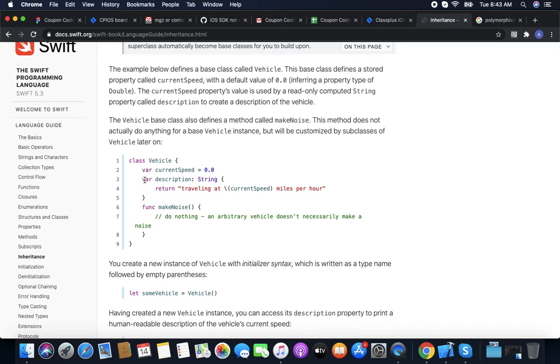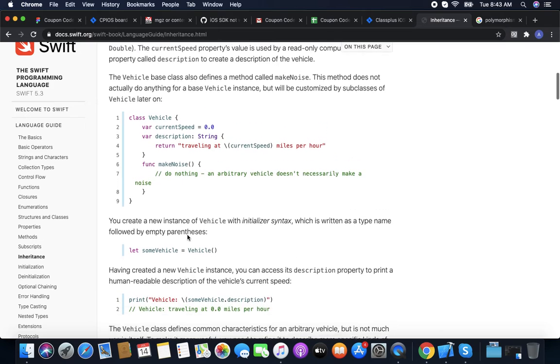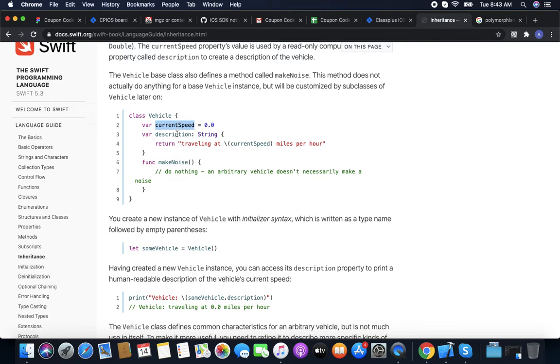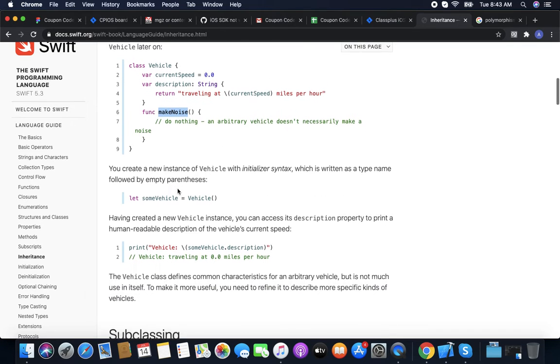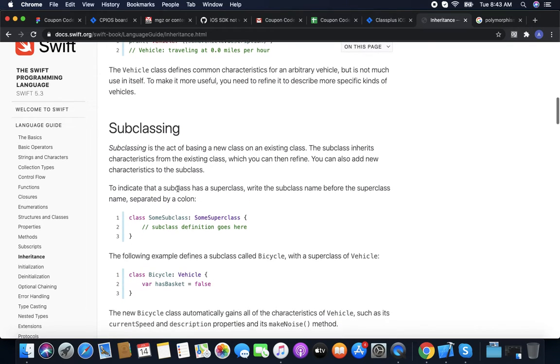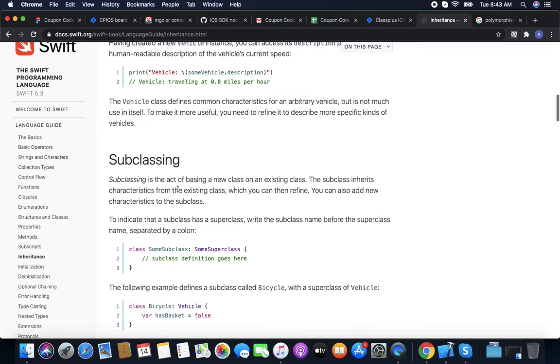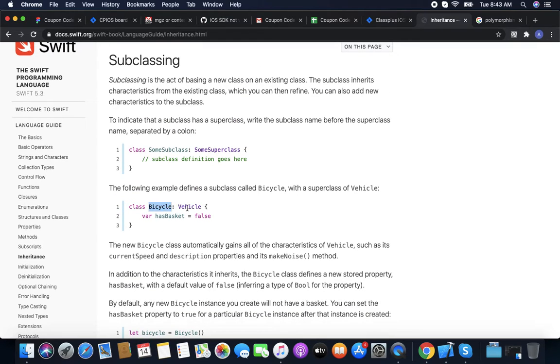So like we have Vehicle, which has current speed, description, and makeNoise as functionality. It's a stored property, a computed property, and a method. Now we subclass Vehicle, like we have Bicycle, which inherits from Vehicle.